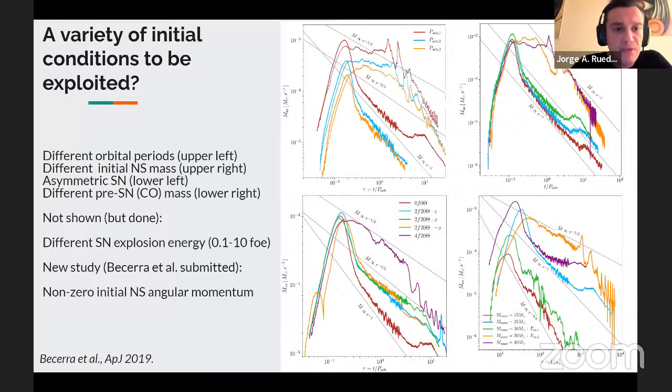So there is a variety of initial conditions that can be exploited for the explanation of gamma-ray bursts, and we haven't done that up to now. I think that we can exploit more. These are a variety of examples. This is the accretion rate onto the neutron star companion for a variety of scenarios. In the first plot, you see different orbital periods. In the upper right, you see different initial neutron star masses. On the lower left, these are